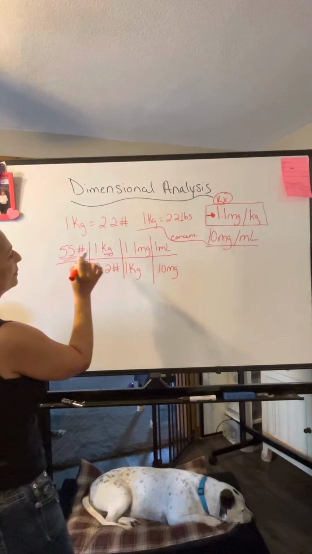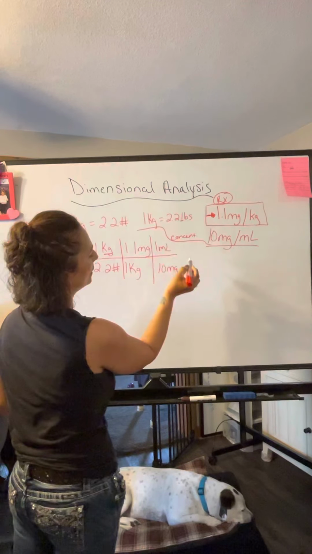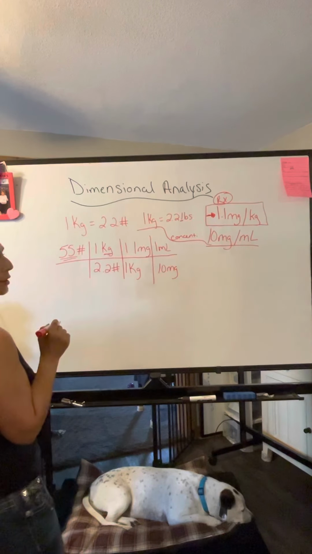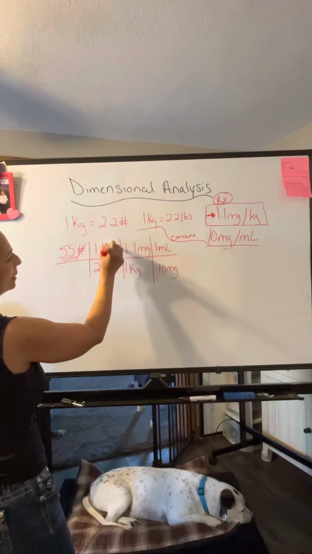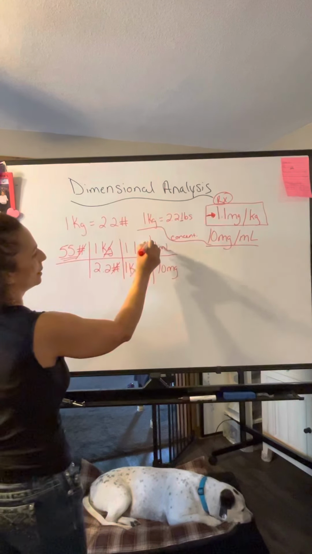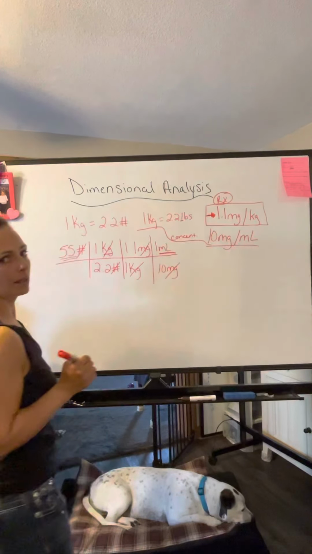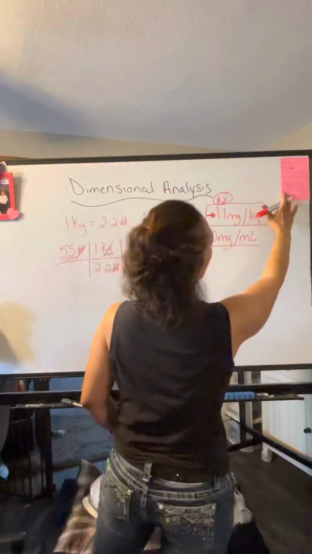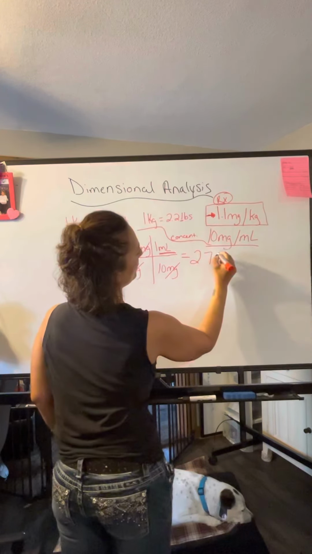So 55 times 1 times 1.1 times 1 divided by 10 divided by 1 divided by 2.2. Okay, then remember, your pounds cancel, kilograms will cancel, milligrams will cancel, and look, we're left with milliliters. If you put that into your calculator, it's 2.75